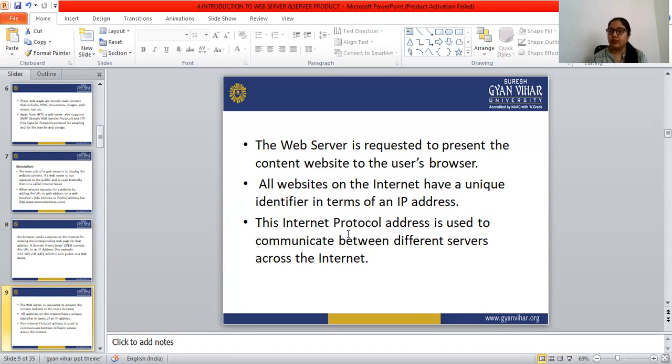So when the web server is requested to present our content, the Economic Times web page opens in front of us. So this is the way of the internet, the web server and the web browser's duty. The internet protocol address is used to communicate between different servers across the internet.